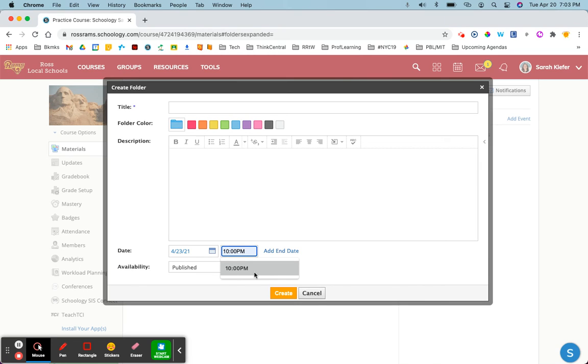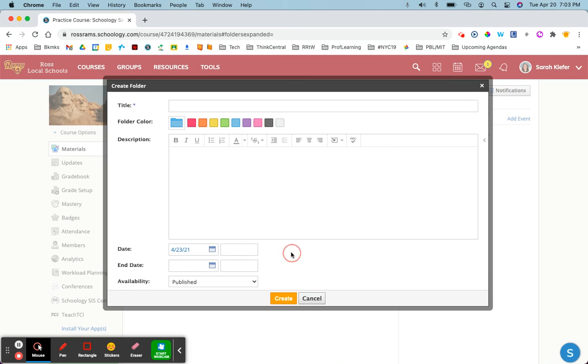Now the time isn't always a make or break kind of thing. Maybe you want it to show up at 8 a.m. right before school starts, or maybe at 10 p.m. so that you're assured that it's there when the kids come in the next day. Completely up to you. This add end date is also a great feature because it allows you to close out